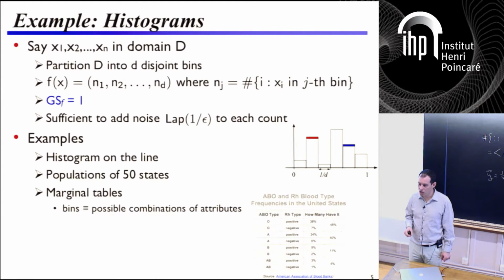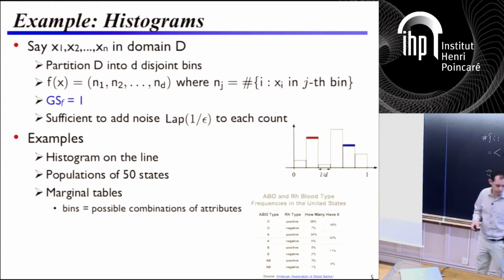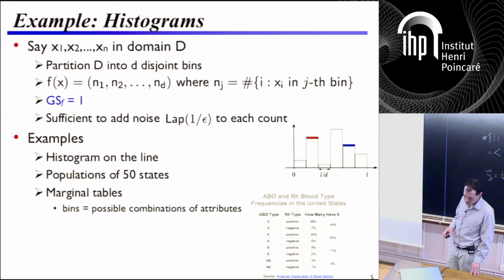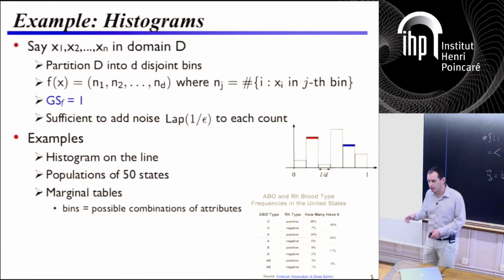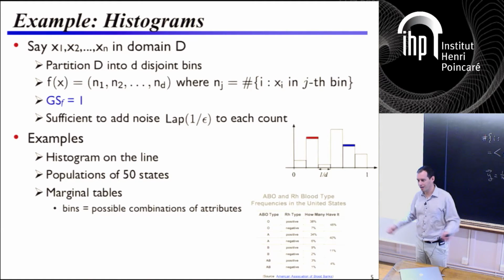Would you add different noise? Going back to this optimality question, if I insist that the output actually have the right form, that it be a real histogram, I would try to add noise that lives in the space of histograms. Asymptotically, in terms of dependencies on d and epsilon, that wouldn't change anything. But if you're trying to optimize for the constants, the short answer is yes, almost certainly. But again, you're not going to get these super broad optimality results. If I want to actually implement this, this might make the difference between producing a garbage result or producing